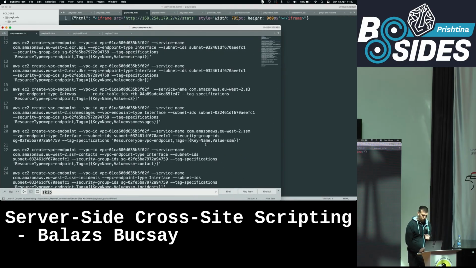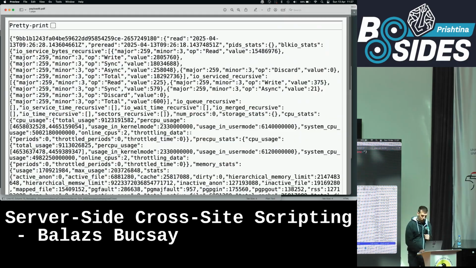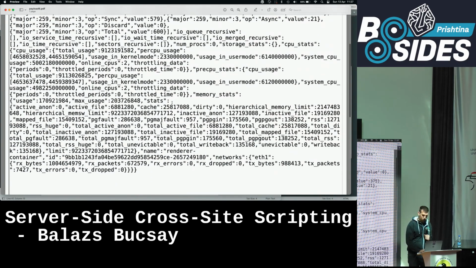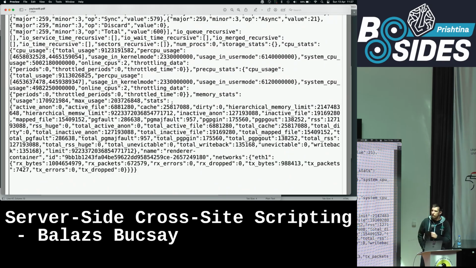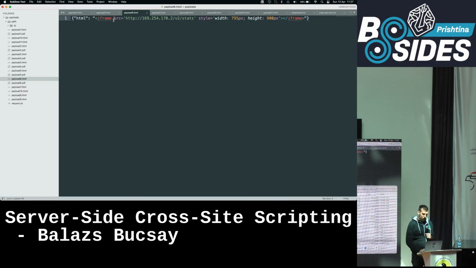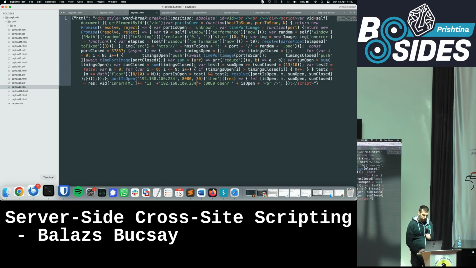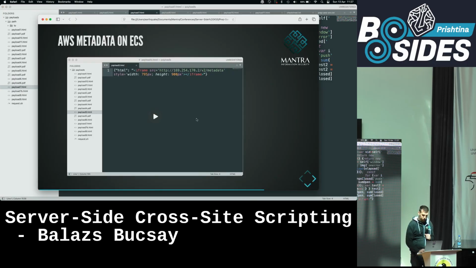And let's see the, oops, not this one. Apologies. Yeah, so a lot more information about the container itself. It might be useful, it might not be useful for further attacks, but it's definitely not that great that we have that there. So what else can we do?